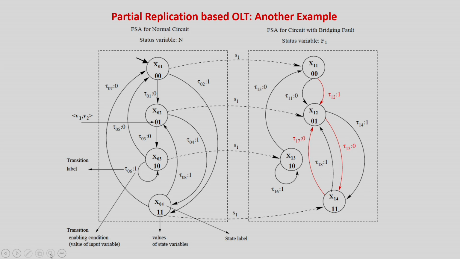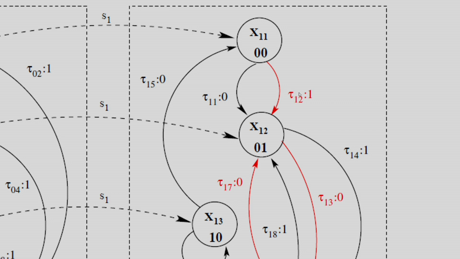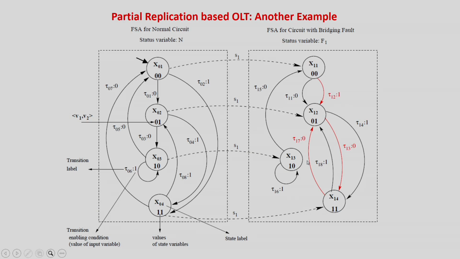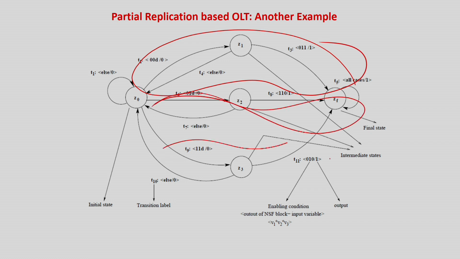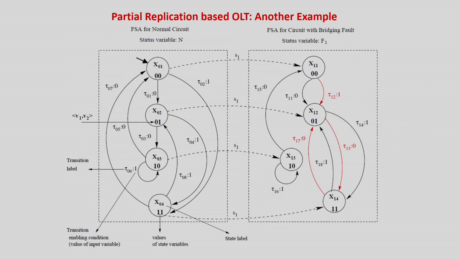Same thing, but in this case there are 3 FD transitions. One from 0, with input 1 this way, another this one, and this one is the third. I am not going into the elaboration, you can easily look at this circuit and find out that these 3 are the FD transitions, the cases which differentiate the normal and the faulty behavior. So if you make the FD transition detector, there will be 3 parts. This is for the first transition, this is for the second, and this is for the third.